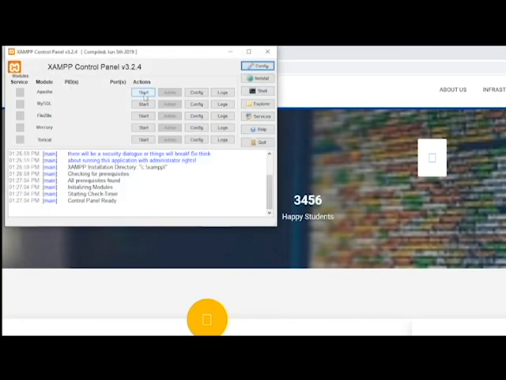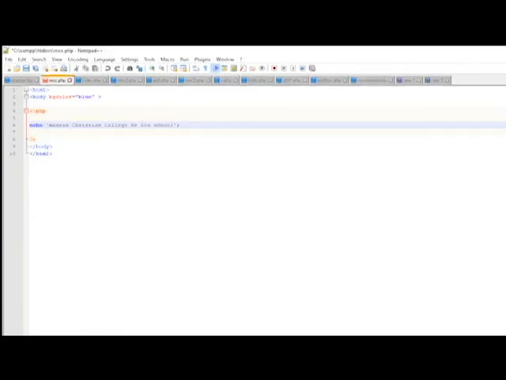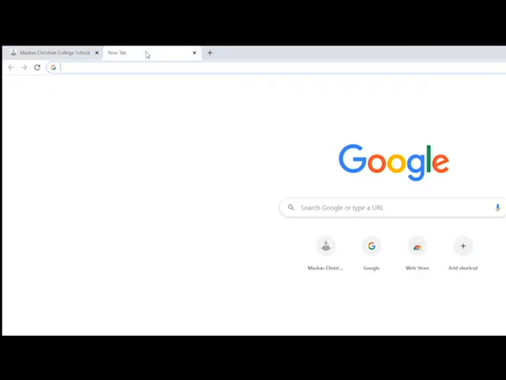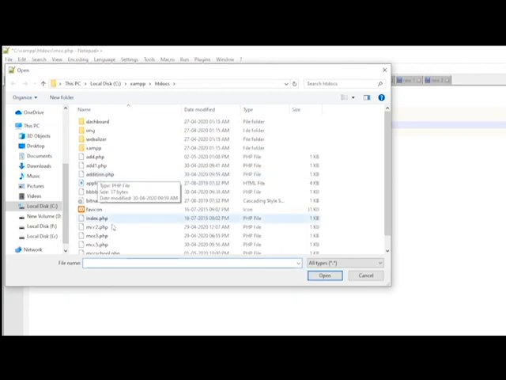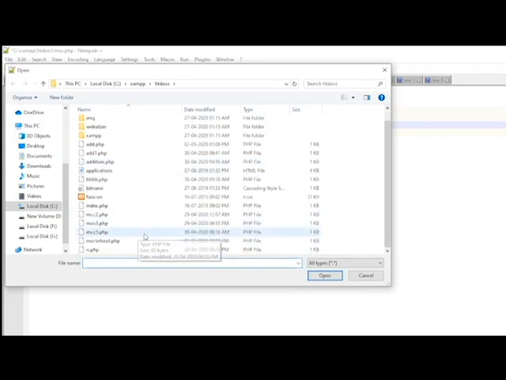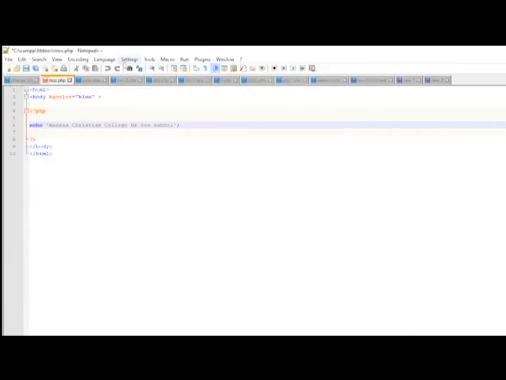Next, click File, click Save, htdocs, then again give the file name mcc.php, then select the file extension hypertext preprocessor, click Save.